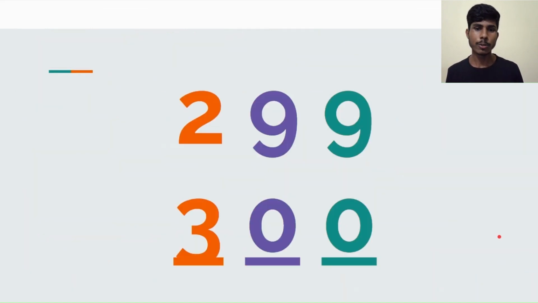See, we reached 299, right? So how to get the next number now? Our rule is simple again. You need to change the rightmost digit, but the rightmost digit here is 9. So what you should do now, you have to make this 9 to be 0, and you need to change